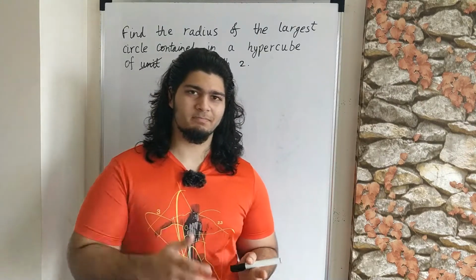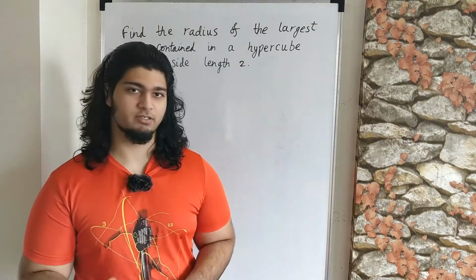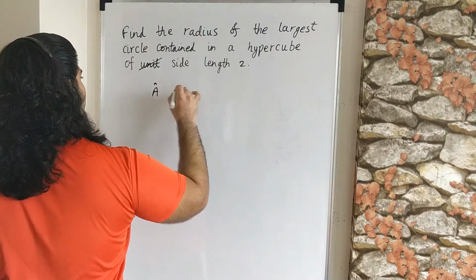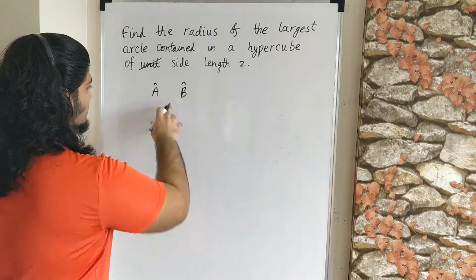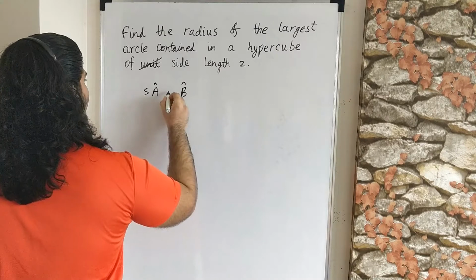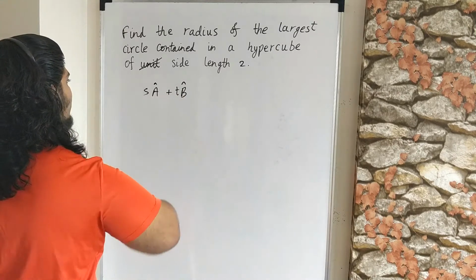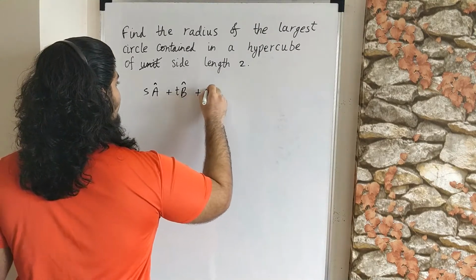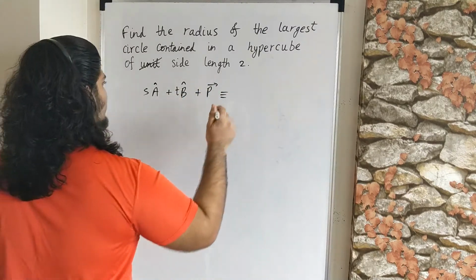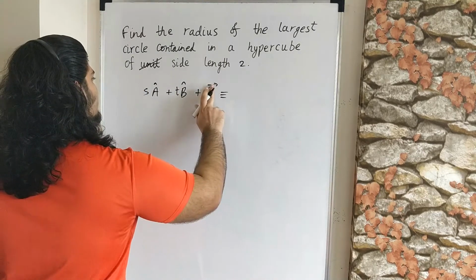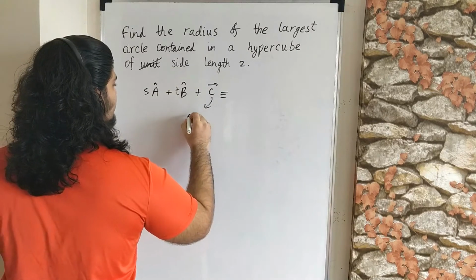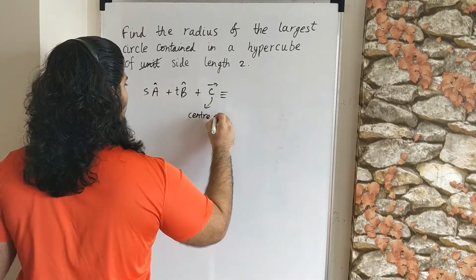Well, a plane is the span of two linearly independent vectors. So let's say we have two vectors a and b, and we'll let them be unit vectors because that puts some restriction on their coordinates, or rather components, and it's the span of these two vectors, so we multiply them by two free variables, and let C be the coordinate of the center of the circle.